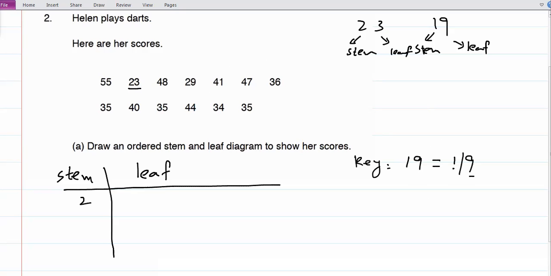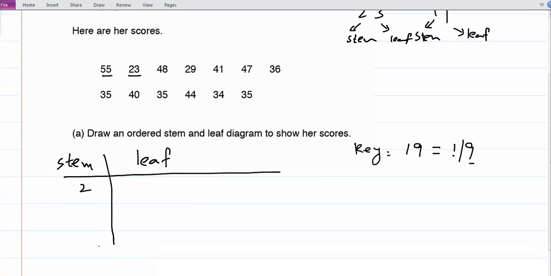All right. Look at the largest number. This is the largest number, 55. Write the stem of the largest number. Now between 2 and 5, which numbers do we have? We have 3, we have 4 also. So write the smallest number's stem, write the largest number's stem, and between them, if any numbers are there, write those numbers. Now, 23 is the smallest number. The stem we already wrote, its leaf is 3.